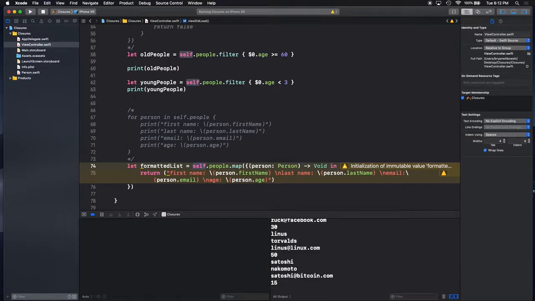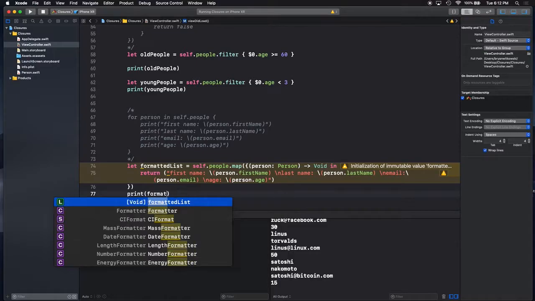Now, this is different, right? I'm not getting back a collection of people anymore. I'm saying you passed in people, and I'm returning a formatted string for each person. So what ends up happening is all of those people objects got converted over to a string. For each person, convert it to a string, and then build a new array of the return values. So if I now print my formatted list,